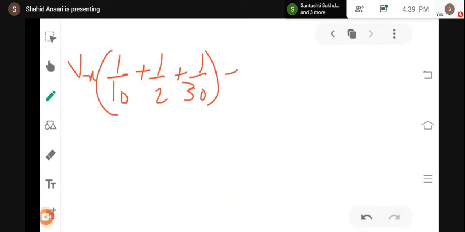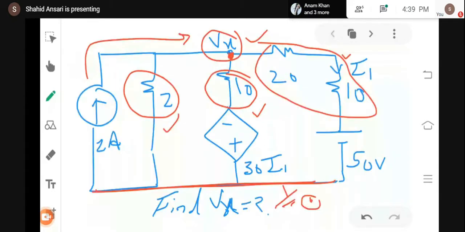negative minus 2. Now voltage, this particular voltage, how will I be writing down this one and how will I be writing down this one? I'll have to consider minus of plus 50 divided by impedance, and this minus of minus 30 I1 divided by 10. Are you getting this particular point? This is the voltage connected at the other end of the impedance connected with Vx. Again, this is also a voltage which is connected at the other end of the impedance connected with Vx. So we'll have to consider these two voltages also, right?